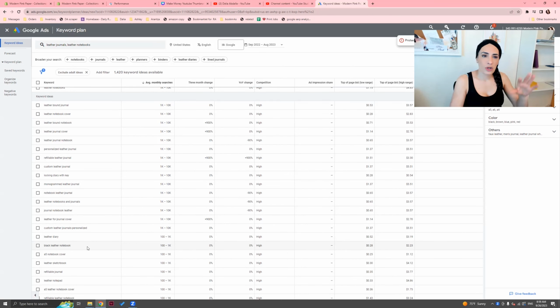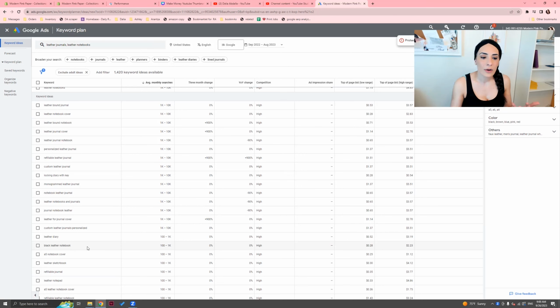Then of course, and I'll show you how to do it in Shopify collections, you could just target the black leather ones. Leather sketchbook, if your books have the option of having unlined, like blank pages, there you go, black leather notebook. And so you'll find that you could create hundreds and hundreds of collections. And guess what? All that is bringing more and more traffic. I've done it, it works. As long as they're relevant,